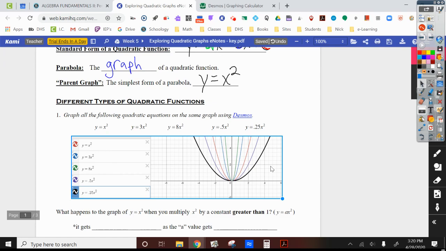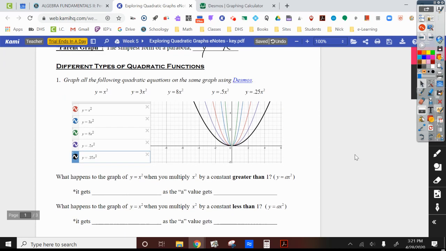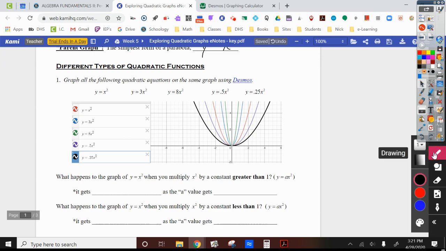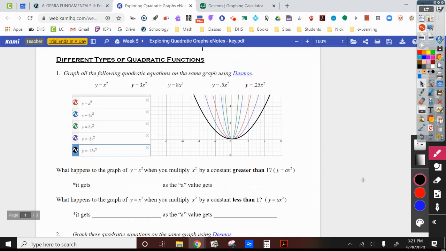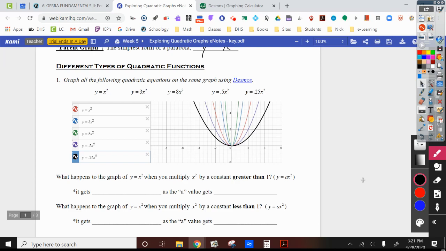All right, so here are the 5 different graphs. We can see what happens every time this number is greater than 1. It gets more narrow, and then as it gets less than 1, it gets wider. I just said it. All right, so what happens to our graph of y equals x squared when we